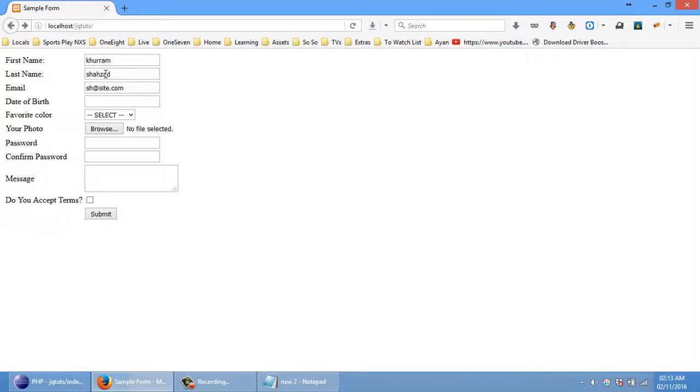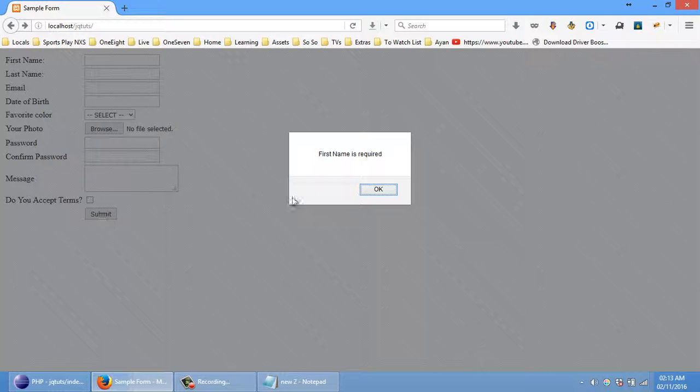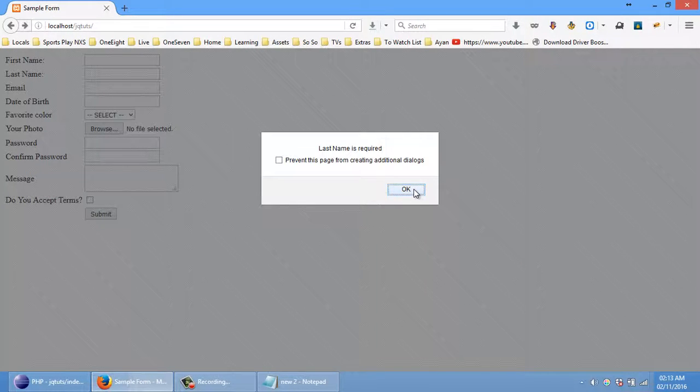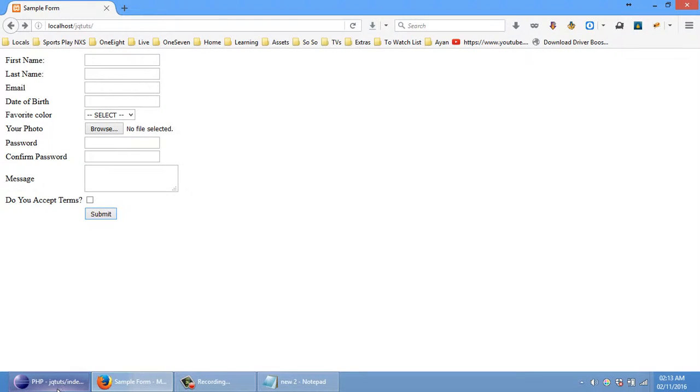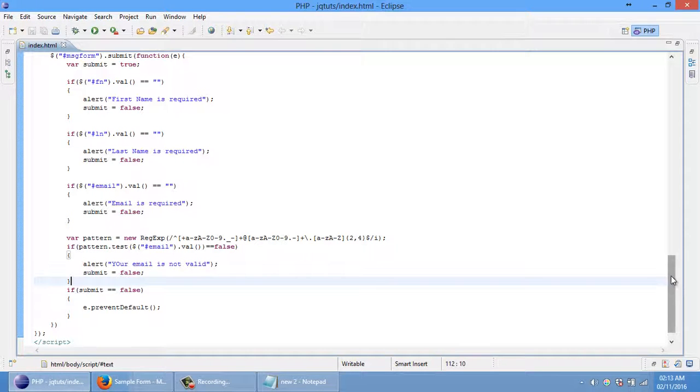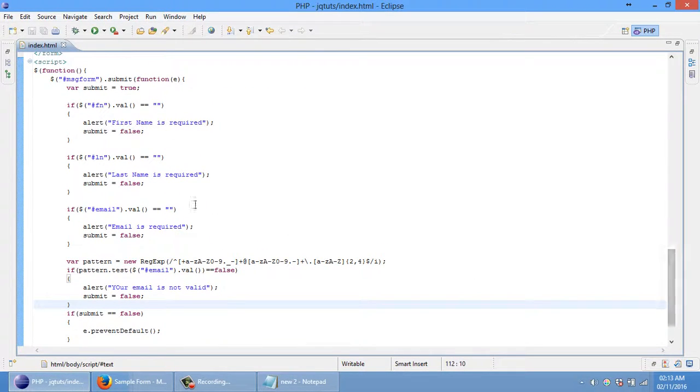But again, there is a problem with this. If I don't have value in all three, and when I press this submit, then it will show all three problems. So for that we have a solution. What we can do is, instead of this alert, make a variable error messages,